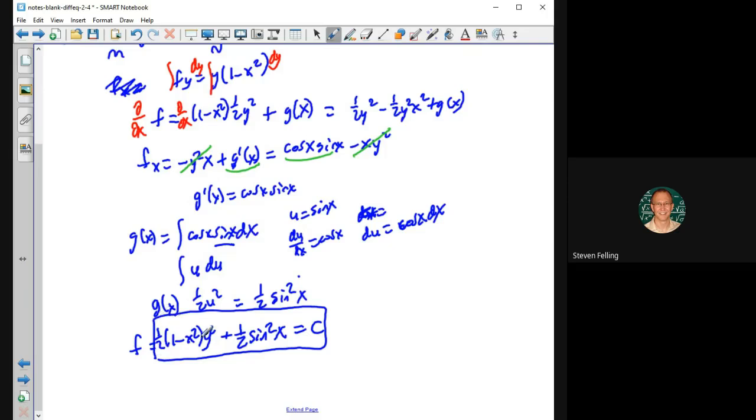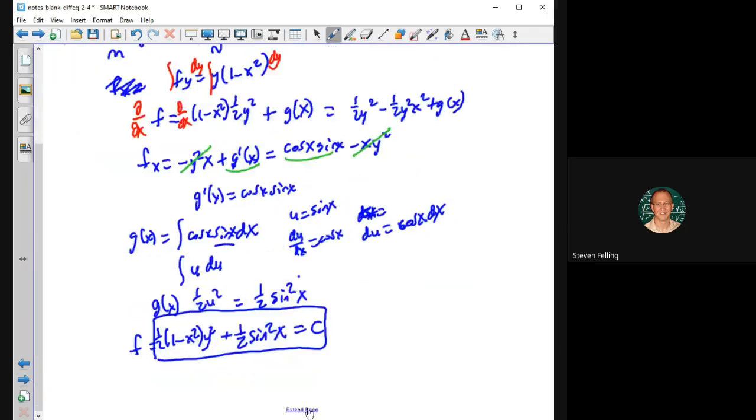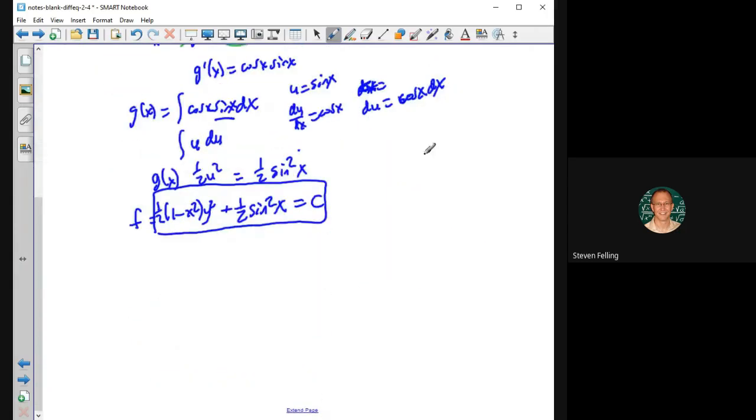And if you wanted to come up with the general solution, the particular solution, we have to use the initial condition. When x is 0, y is 2. So let's do that. When x is 0, y is 2. So if I plug in 0 for all x's and 2 for all y's, then I'm going to get 1/2 1 minus, let's say x is 0, so that's 0 squared times 2 squared plus 1/2 sine squared of